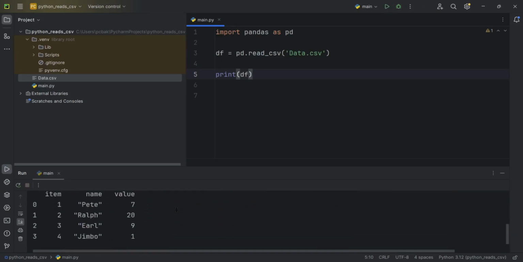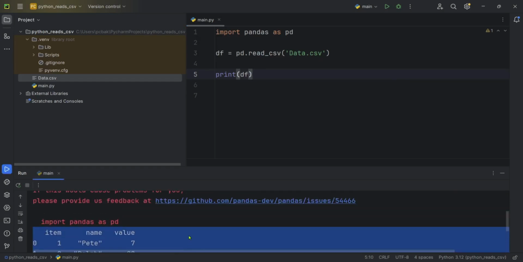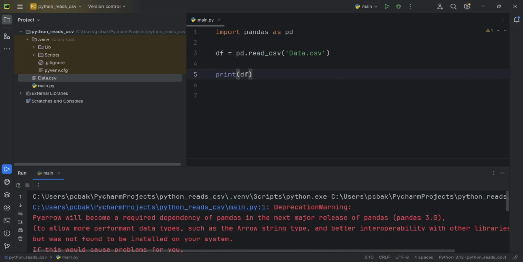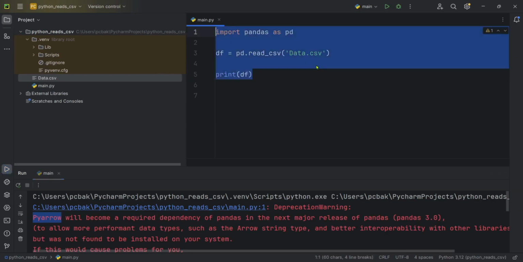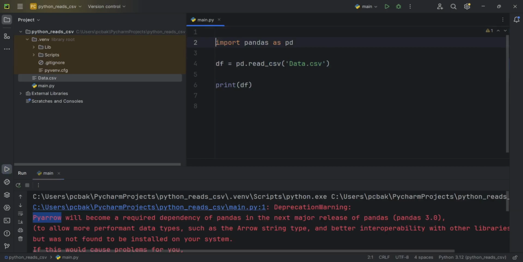And we do have the data. This is what was in the file. But we got a warning. It says, deprecation warning. We're going to have to start using Pyarrow with Pandas. Now, we're not using it now, and it does take up some space, but maybe we'll play it safe and